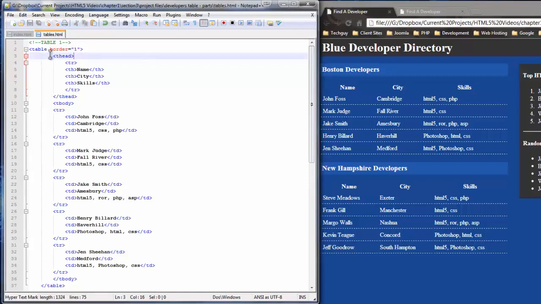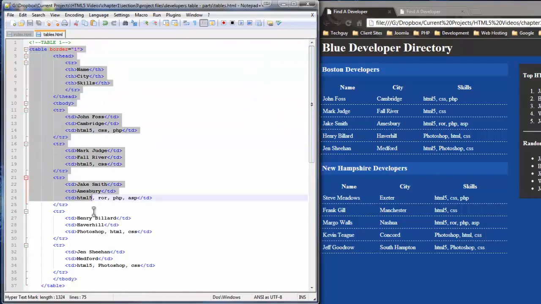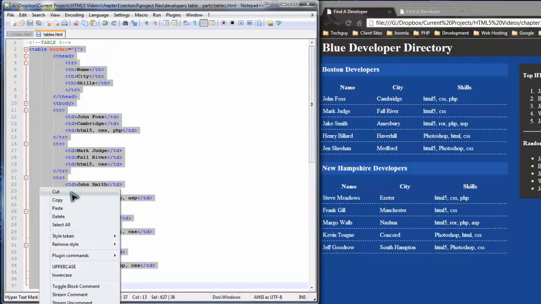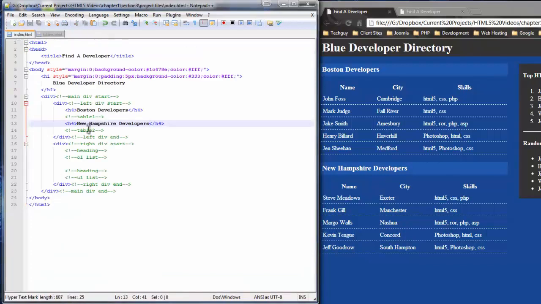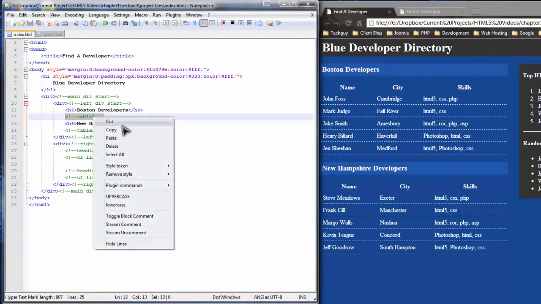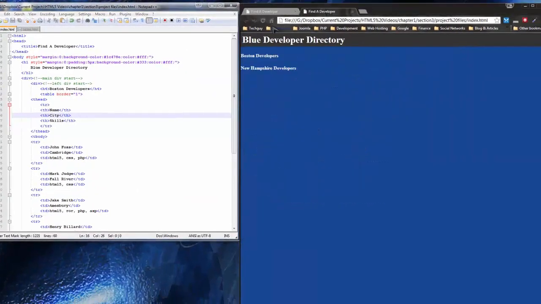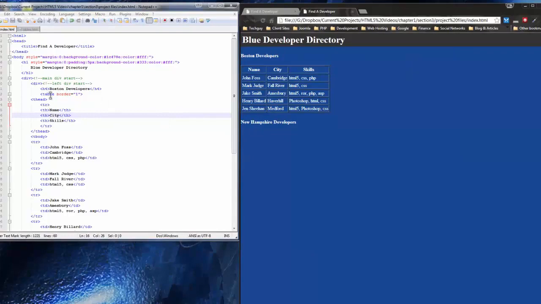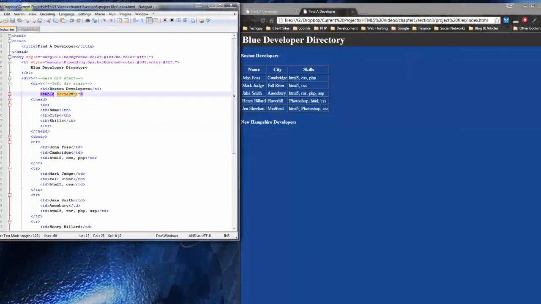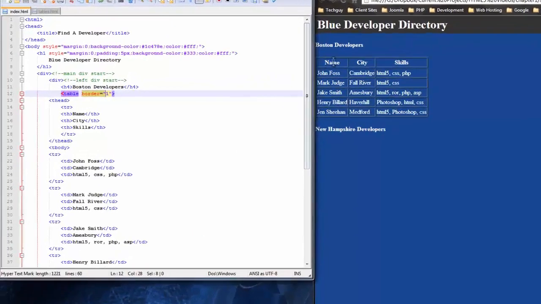Alright, so now we're just going to grab the entire thing, copy it from the first table tag to the last one, and copy. And then we're going to paste that, and we're going to replace the comment that says table 1. And then we'll save, reload, and here you'll see the table. Now I've given this a border of 1 just so we can separate each cell,